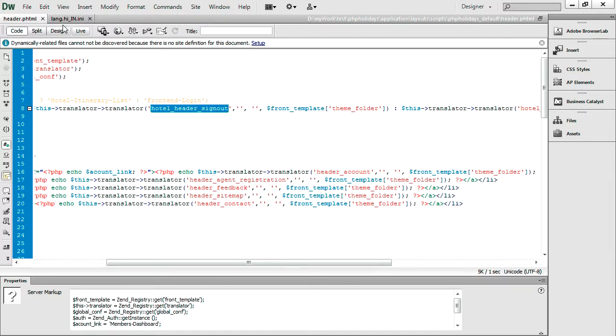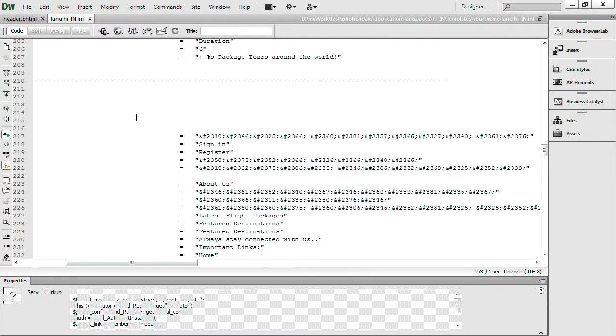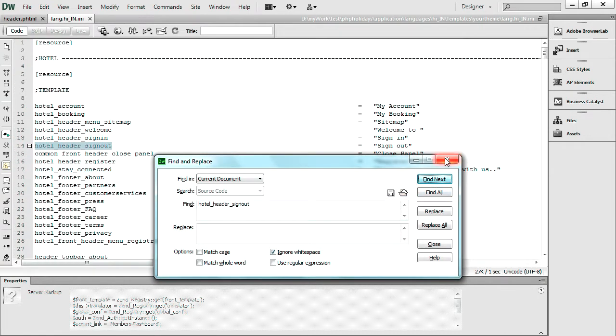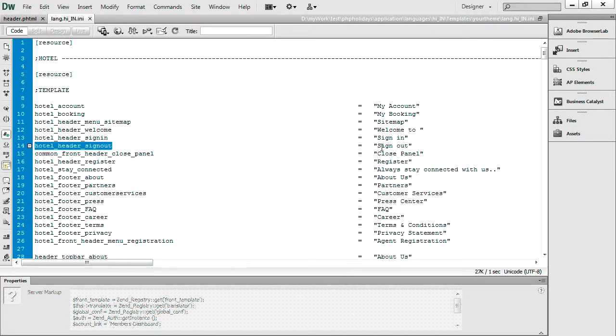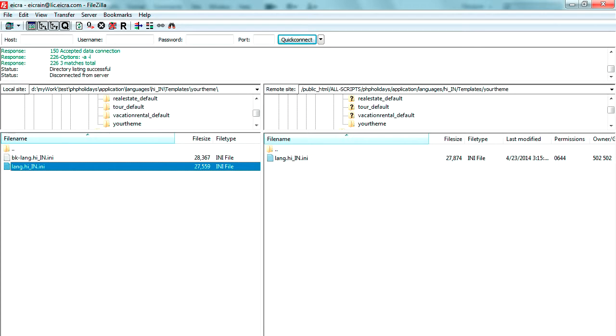I need to find what value we wrote on our language part. So I find it because it's a long file. It is easy to find through our tool. So here we wrote sign out. So I just